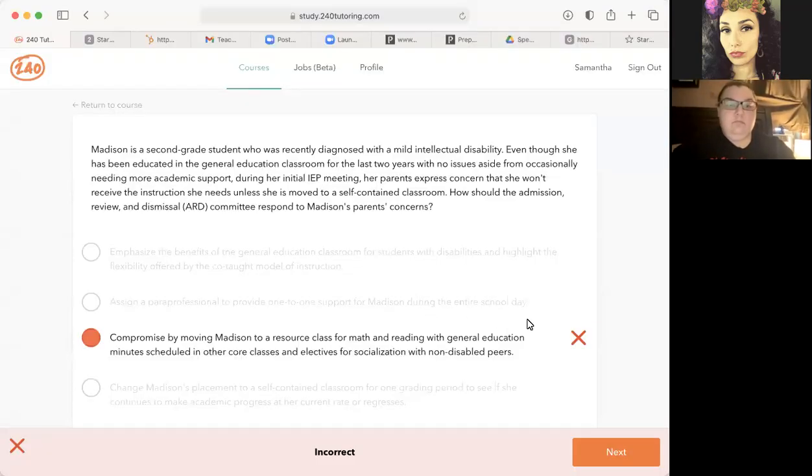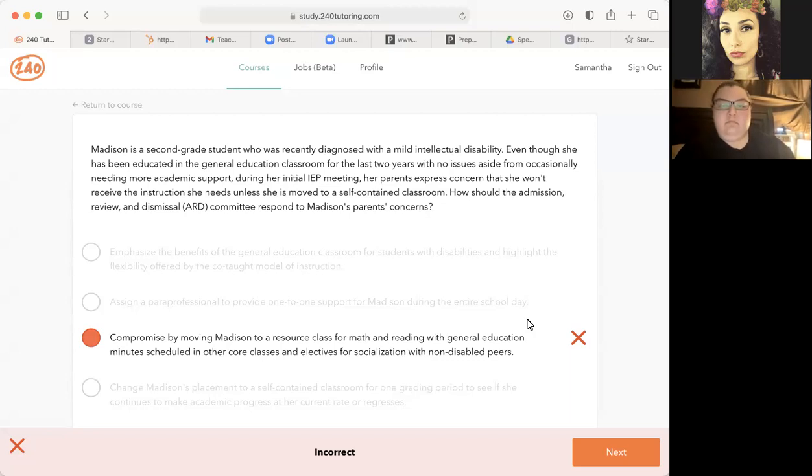Okay, so remember, if they give you an age group or a grade level, it may be incredibly useful information to the correct answer. And it certainly is going to be a keyword or phrase that I want to make sure my answer choice in some way responds to or takes into consideration.